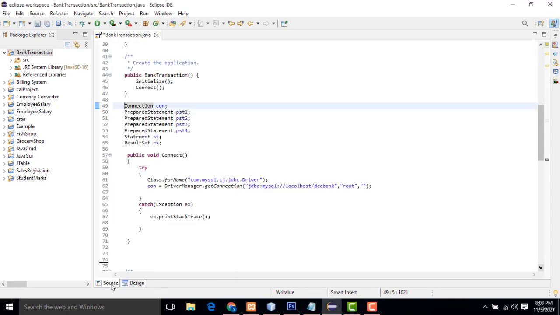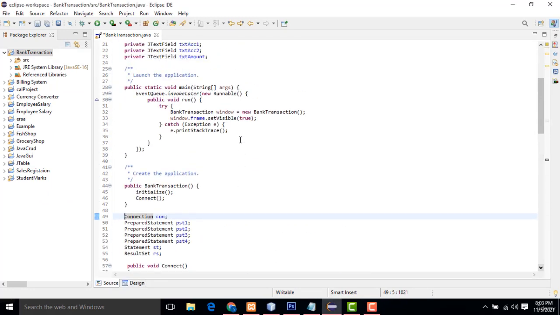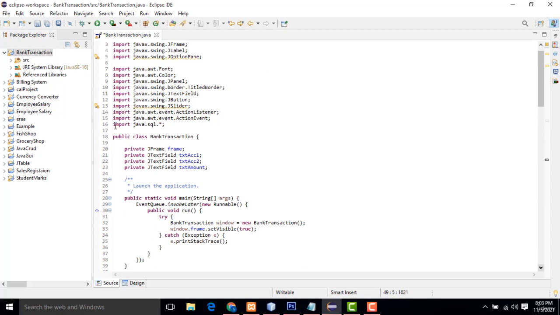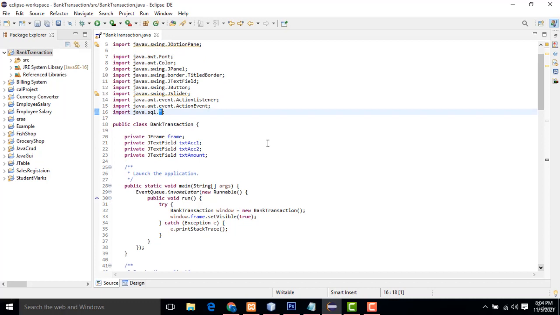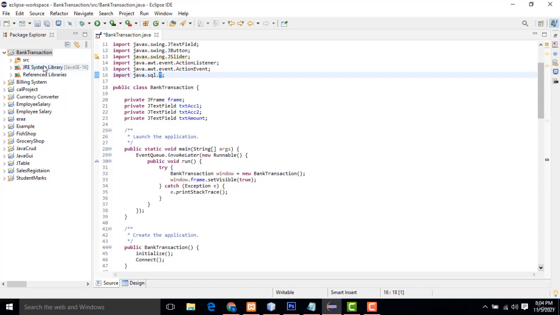Now let's click source. First I am going to import the SQL namespace here. SQL dot asterisk means all the SQL classes are there. Okay, if you write here, asterisk. After that, I have to import the